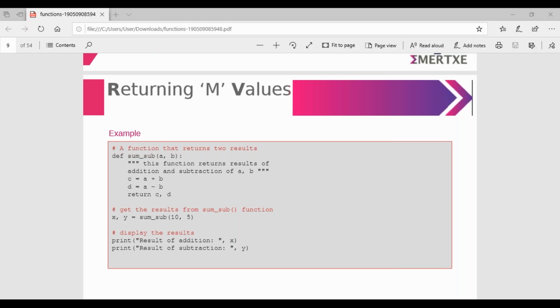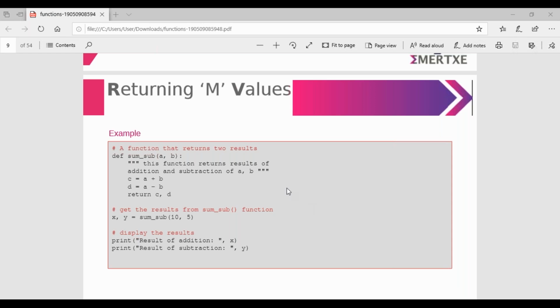We store the addition of 2 numbers in variable c, and the subtraction of 2 numbers in variable d. You are taking input of only 2 variables, a and b. So now return c, d.